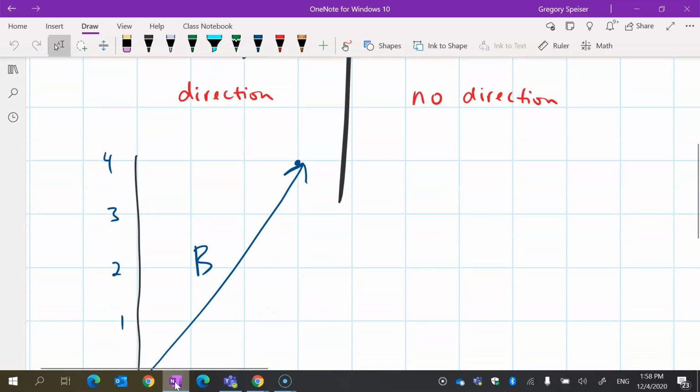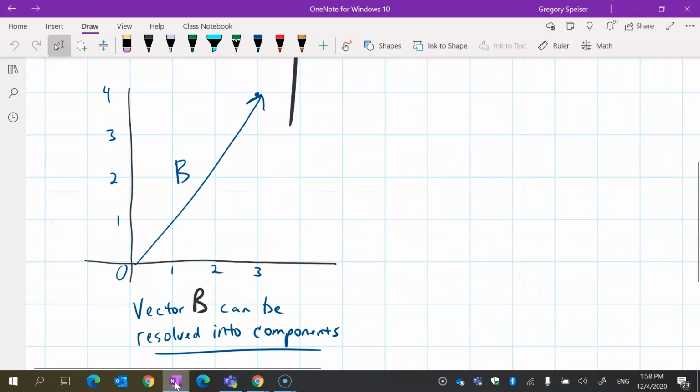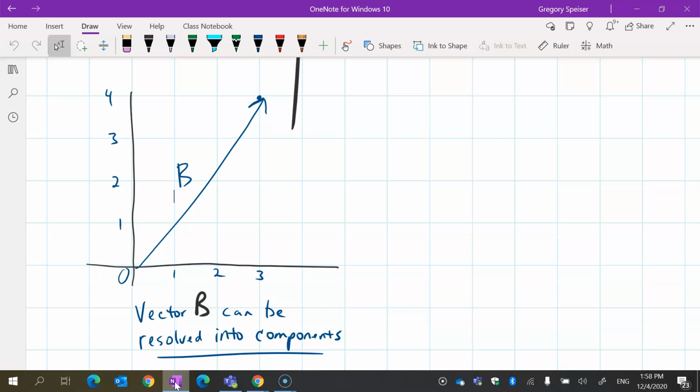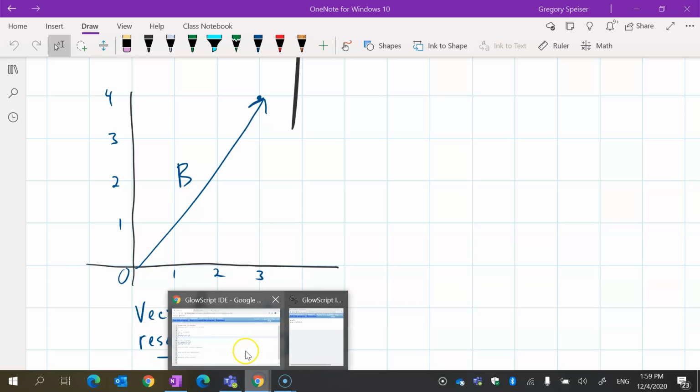Here would be an example of a vector. Here's vector B. Vector B could be resolved into components. In this case, B looks like it goes 3 to the right and 4 up. So it would have an x component of 3 and a y component of 4, and you could draw those in. If we take a look at how this looks for VPython or for Glowscript,